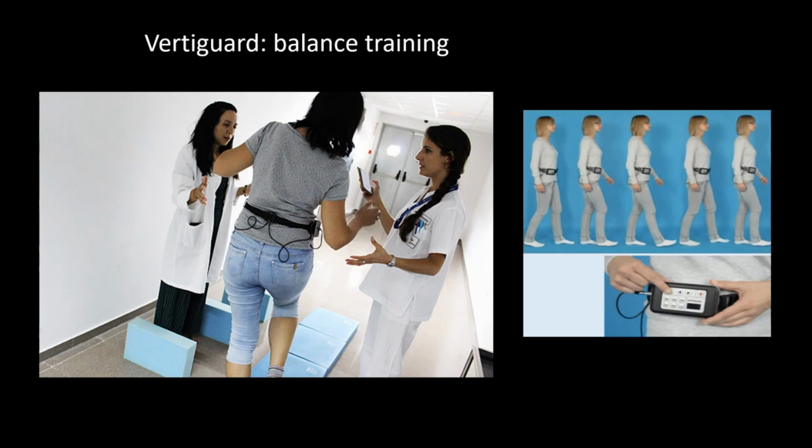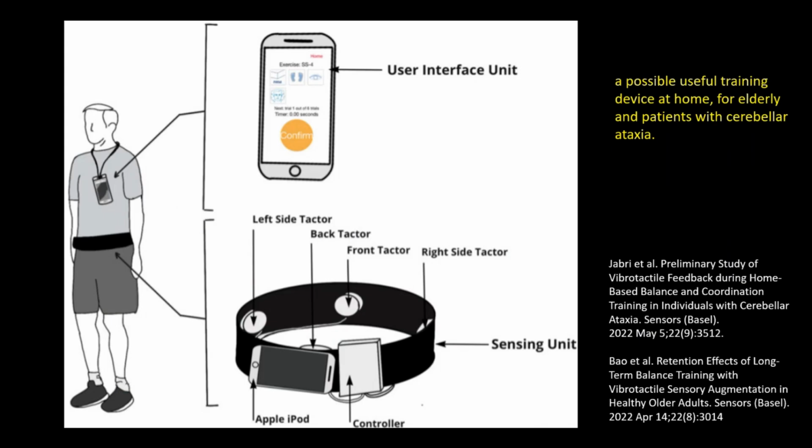One of the examples of the commercialization of this principle was the VertiGuard, also a system where you wear a belt with vibrators in it and a sensor detecting postural movements. And that gives, with 4 tactors, information how you are moving, and that is used for training, as you can see as an example. These kind of devices became more and more advanced. It's very useful for training and a device even at home for elderly and even for people with central ataxia. So it works pretty well in many patients.